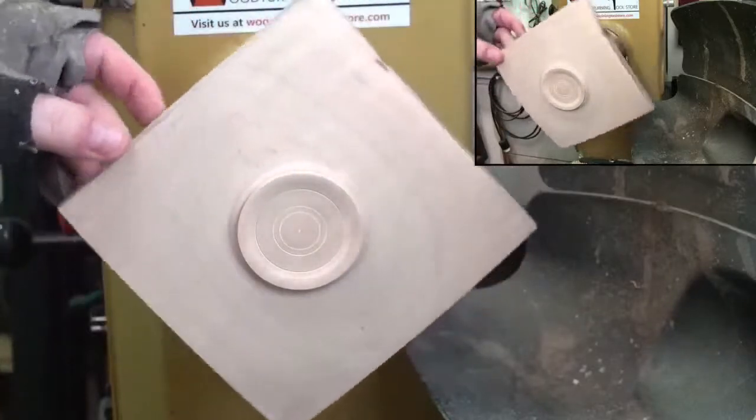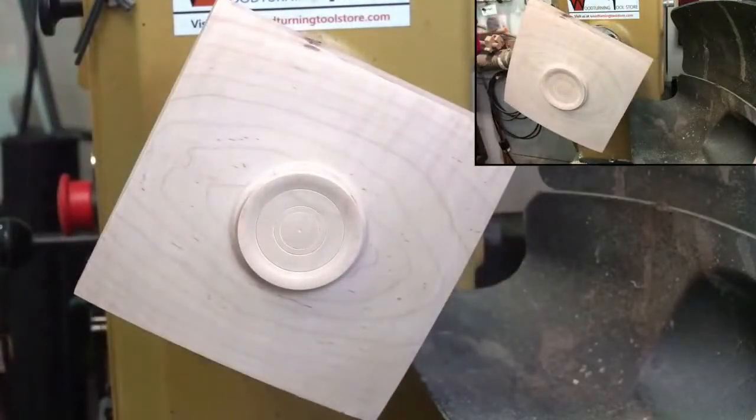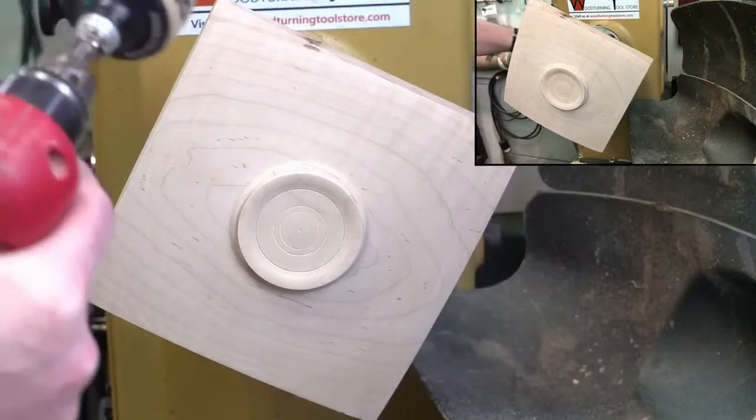I left the edge, didn't break anything. Be a little bit more careful. I am trying to rush a little bit, which is not a good idea for the leg. But